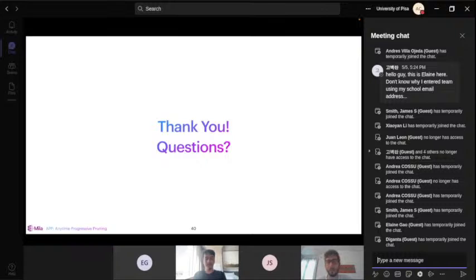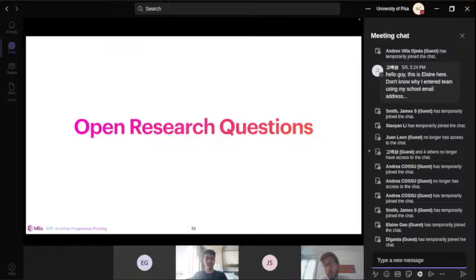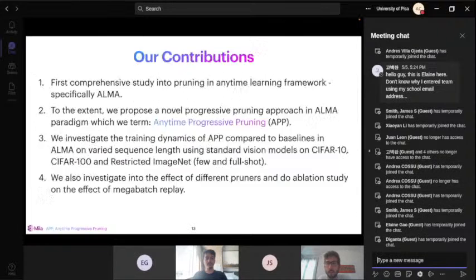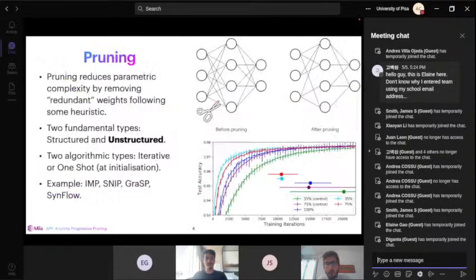I'm not very familiar with the pruning techniques, so I was just wondering, what is the computational cost of pruning a network at each step, for example with SNP in this case? And if you can do this like online learning, so even doing it every few samples, how does this impact the training time, for example, if you have any comment on that?